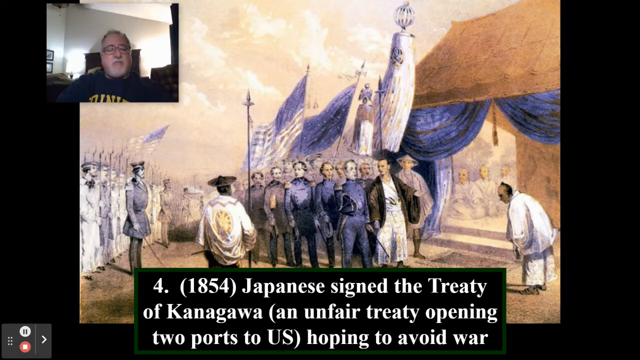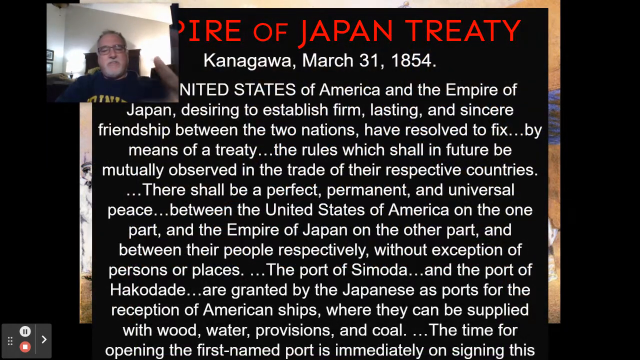So they signed this Treaty of Kanagawa. It was unfair. It was definitely U.S. heavy. But again, they did this to avoid war. And also keep in mind the letter and Japan's thought process while all this is going on. And then this just states